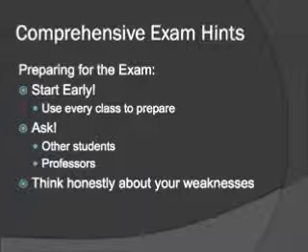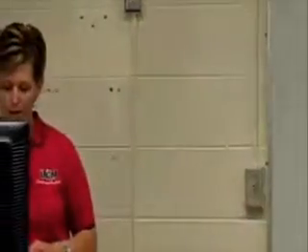Another very important thing to do when you're preparing for the exam is to think very honestly about your own weaknesses. What could make you not do so well? My own personal weakness was that I knew that I would sit down ready to take the exam, and I wouldn't be able to remember a thing. Everything would leave my head. So I thought very critically about myself and how I could make a strategy so that this wouldn't happen to me. So my strategy was I sat down, I didn't even look at the questions, and I just started writing a list of author names. It was the theory part. So I just started writing all these theorists' names so that once I looked at the question, I could look at my list of theorists and go, oh, that's the guy. So think very honestly about your weaknesses and come up with a strategy for yourself.